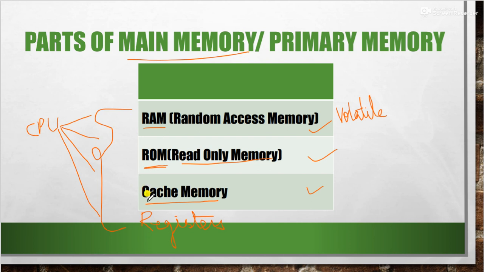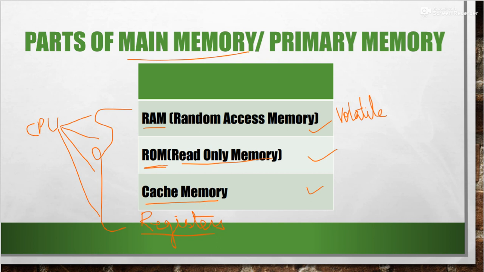Again I am repeating, generally cache memories are placed between the CPU and RAM. This is faster, but no doubt it is costlier also. Otherwise you will be having one doubt, that then why we are using RAM. So we are using RAM because RAM is cheaper than your cache memory. So a small amount of cache memory we are using, along with that we are using RAM also. And then CPU memory itself is called the registers.